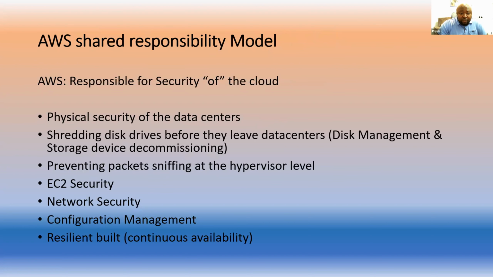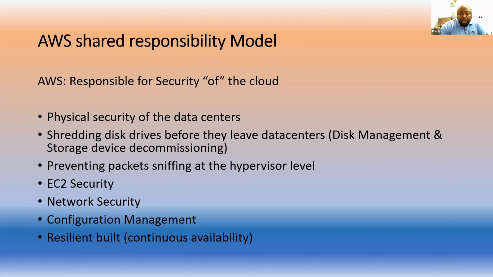So AWS is responsible for security of the cloud. Like I did mention, they make sure the data center where your data is stored is secure. They make sure that even when they're removing disks from the data centers, they're shredding disk drives before they leave, before they're destroyed or decommissioned. You have different ways of doing that, like degaussing, and you will learn the different ways. Some use magnets just to disorient the binary stack within the disk. There are different methods, some physical damage, shredding, and a few more methods that you can employ in